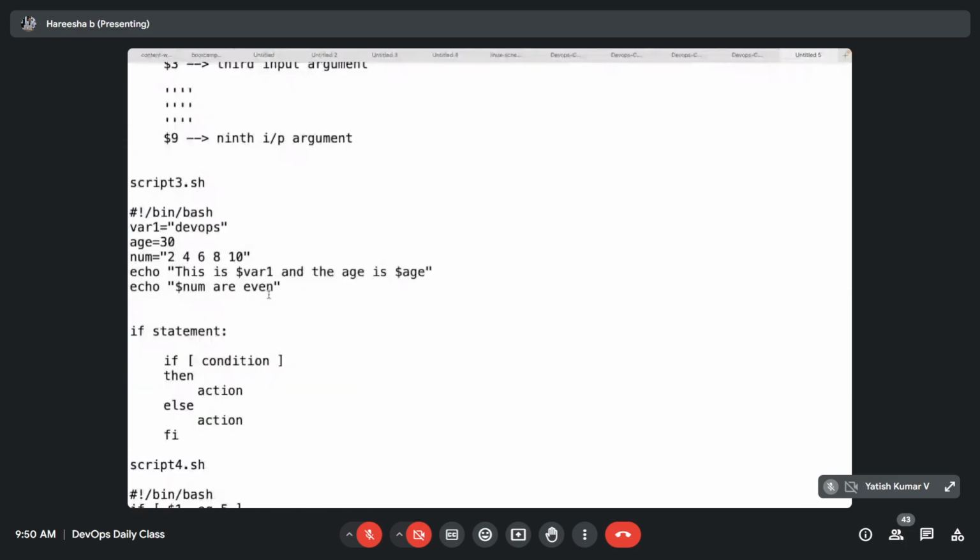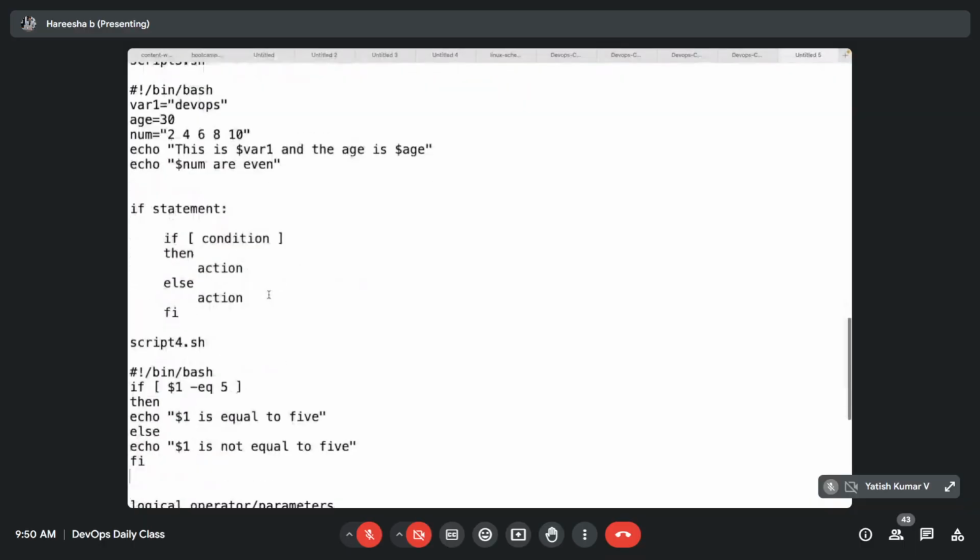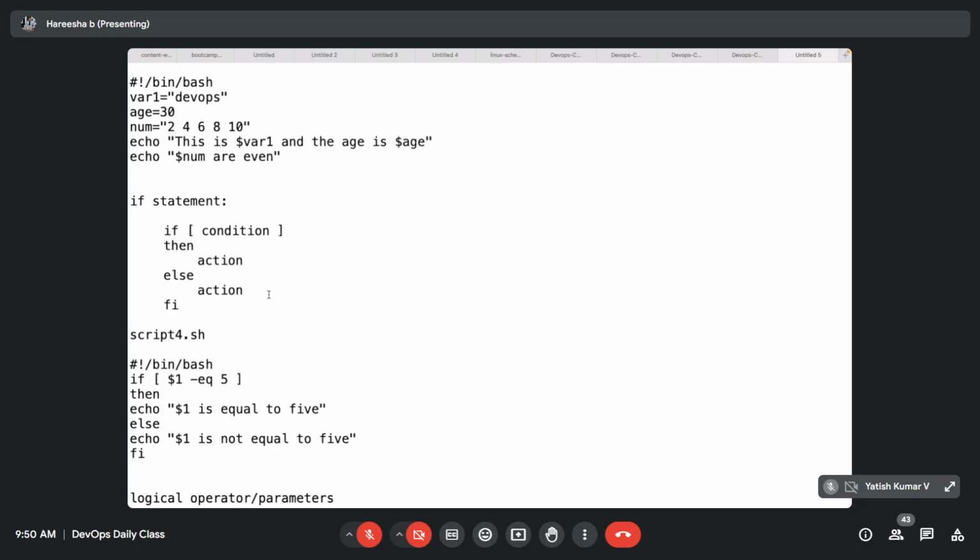All the commands whatever we have learned so far, only those commands will be used in our shell scripts. But the extra things that come are loops: if loop, while loop,